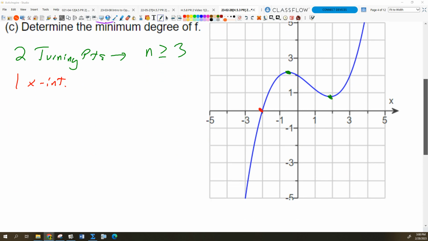So the fact that it has one x-intercept is implying that n has to be greater than or equal to 1. Now, if both of those things have to be true, if n has to be greater than or equal to 3 and n has to be greater than or equal to 1,